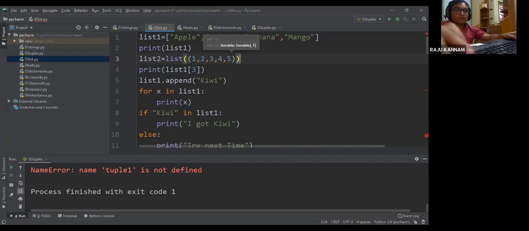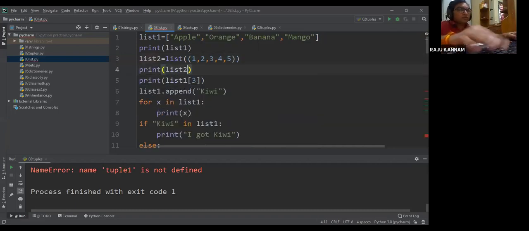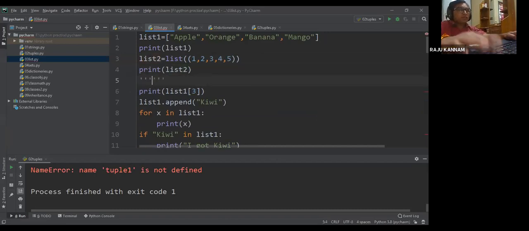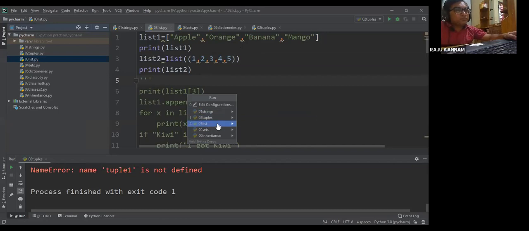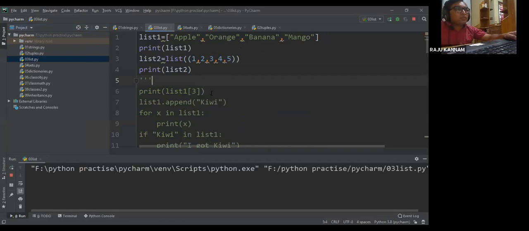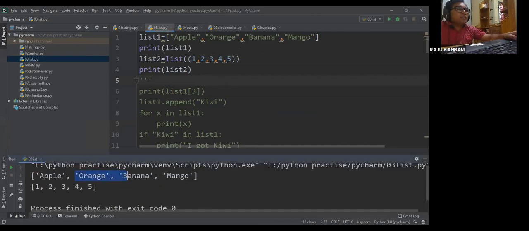Then print list2. The remaining things I will comment out. Now you can execute. So now I'm executing the list program. See here, apple, orange, banana, mango is printed, and 1, 2, 3, 4, 5 also printed.